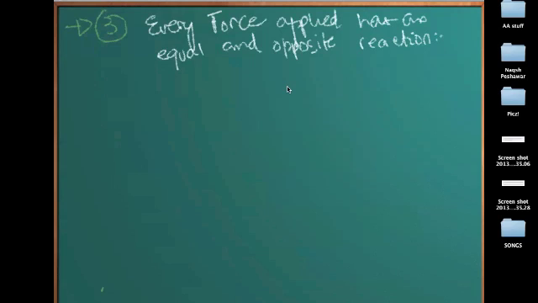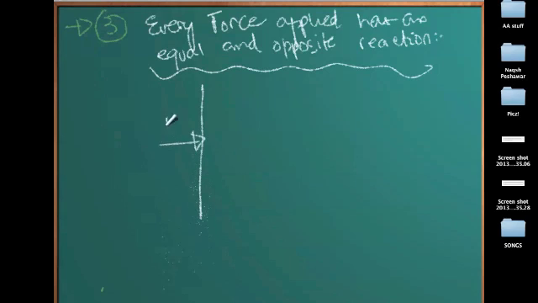The direction is important. We have seen it earlier. Force is a vector quantity, and the direction and magnitude, both of them are important. Now let's see what this means. If this is a wall here and I am pushing on the wall with some force F, and let's say this is me applying this force, this wall here